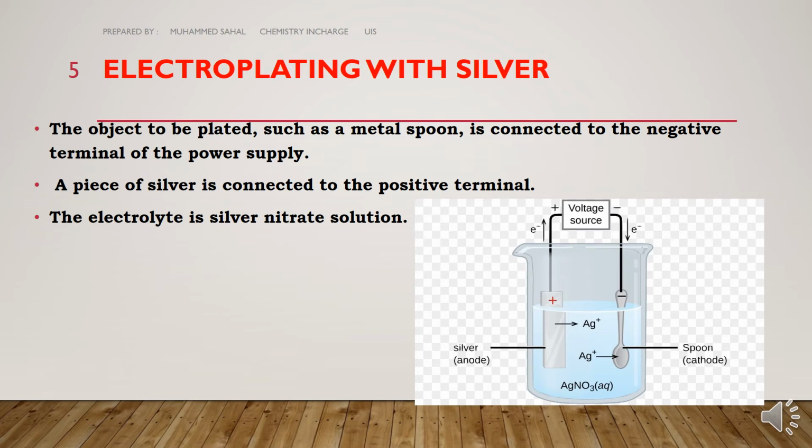As we already mentioned, the spoon on which you are going to coat silver is taken as the cathode and a silver rod is taken as the anode. A suitable electrolyte: here we use silver, so a silver salt solution is used as the electrolyte. When it is connected to the external circuit, that is the power supply, silver ions will be separated from the silver and deposited on the surface of the spoon, that is the cathode. Then the spoon is changed to look like a silver spoon.